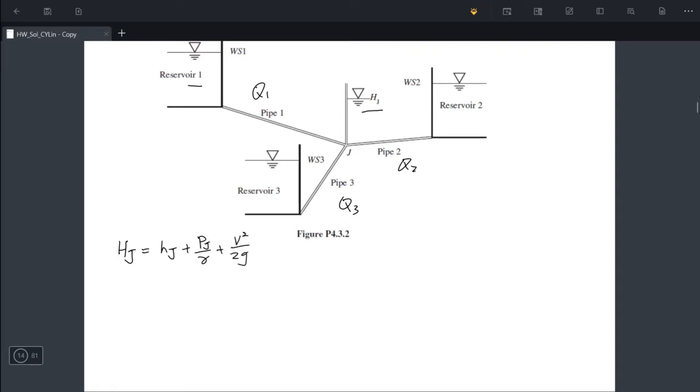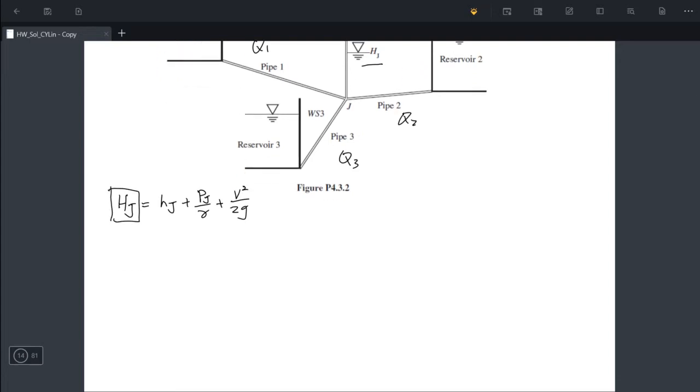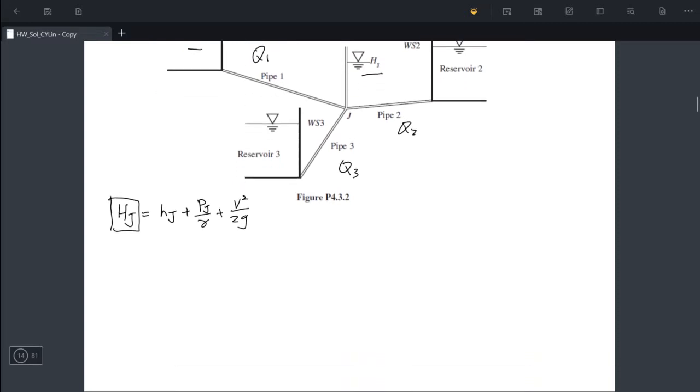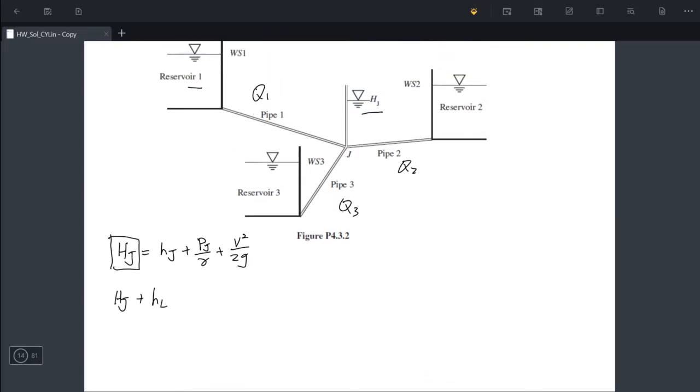Okay, but actually we don't need the detail of each term. We just need the total energy at the junction. And to write down the energy balance equation between reservoir 1 and the junction, we can write it like this. The total energy at the junction plus the head loss inside this pipe will equal the total energy at the reservoir, which can be written as